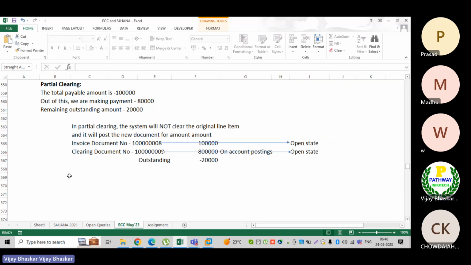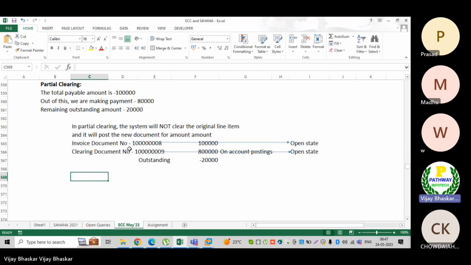We will get confused. One or two documents would be fine, and we will find out for what reason the two documents are in open state: the 20,000 rupees is still yet to clear.